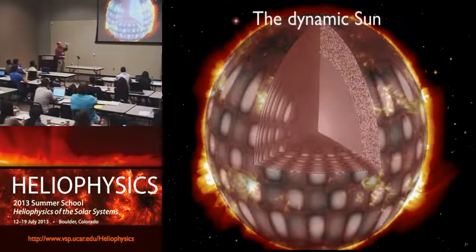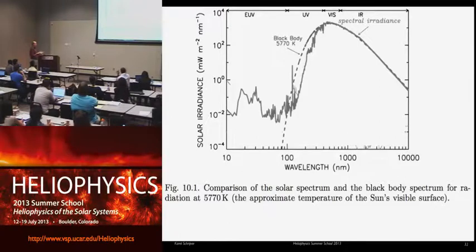Okay, so now we have this horrible beast. It's ringing. It's creating all sorts of waves. It's creating all sorts of magnetic fields. And out of that, we're trying to figure out what is the light that's coming out. Well, if you measure how much light comes out as a function of the wavelength, most of that gray line matches the dashed line. The dashed line is a black body. And a black body only exists if no light escapes. So you already made an error here. You can't have a black body from which light escapes. But if you make the hole small enough, you can get sort of a black body. And most of the solar surface radiates as if it were a black body at about 5,770 Kelvin.